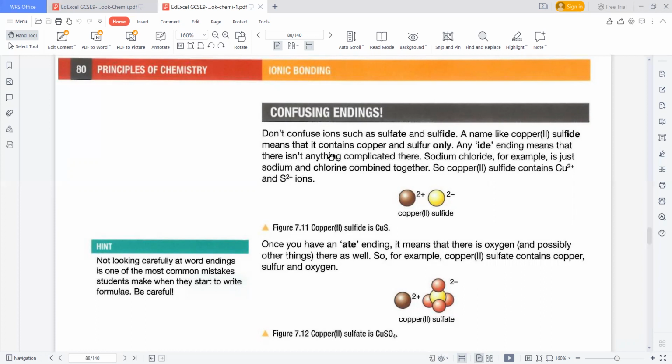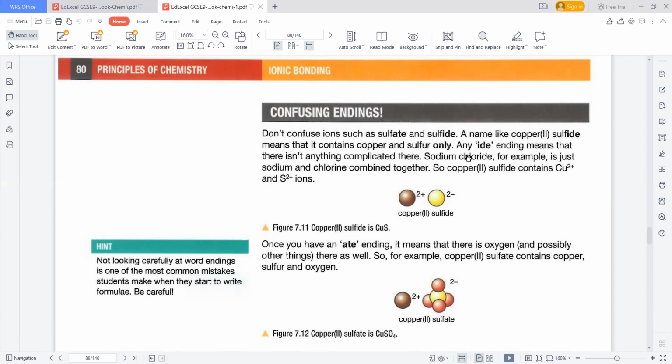It means that it contains copper and sulfur only. Okay, so they contain two types of elements in them, copper and sulfur, as per their statement. Now, "-ide" means that there is nothing complicated. So when it comes to copper and sulfur, they are reacting with each other. We would only say sulfide. However, when we place "-ide" with them, it means that they are solely or purely two elements attached to each